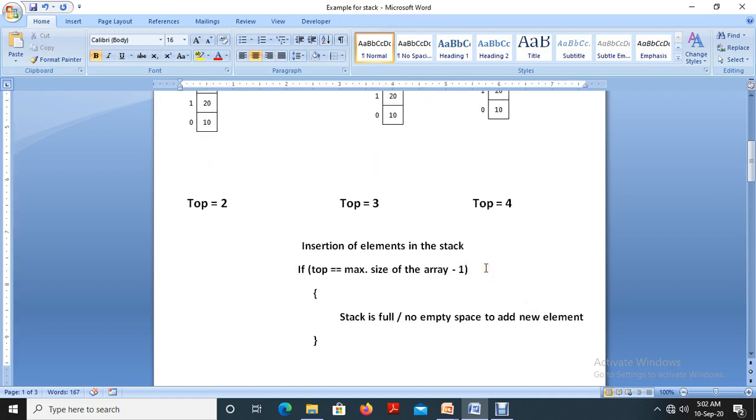So how can we verify whether the stack is full or not? Program-wise, I am writing like this: if top equals 4, where 4 equals the maximum size of the array, that is 5 minus 1, 4. If top equals the maximum size of the array minus 1, in our case the maximum size is 5.